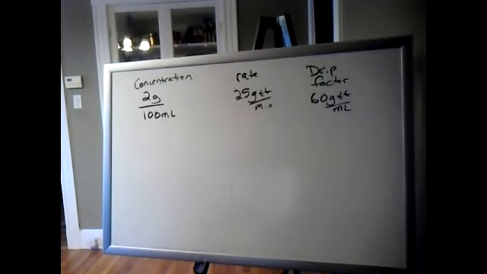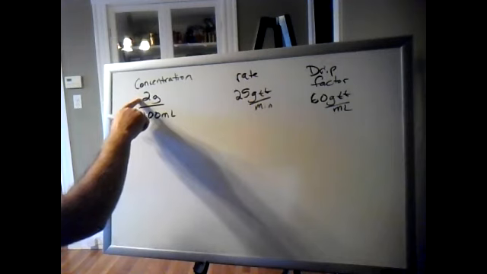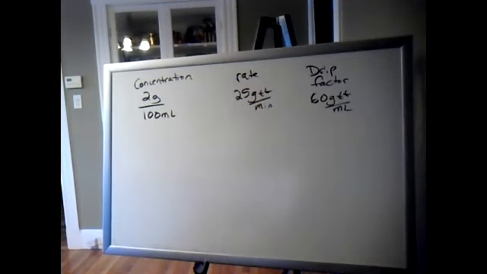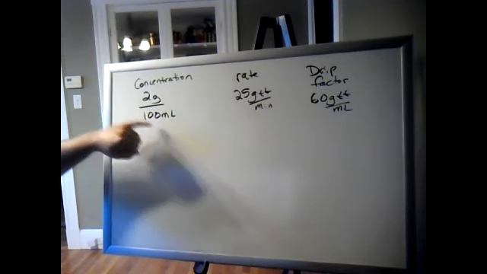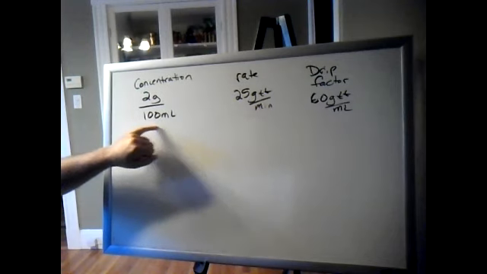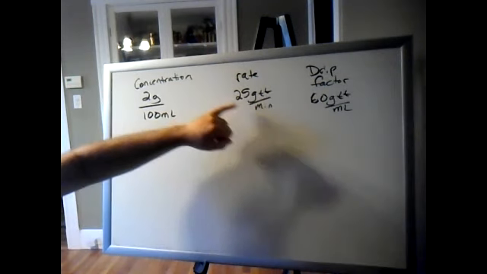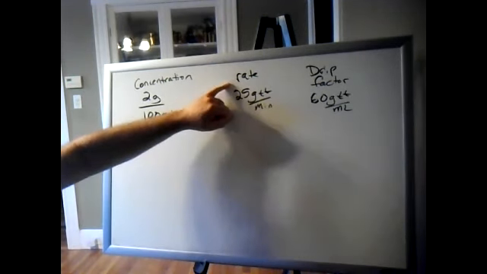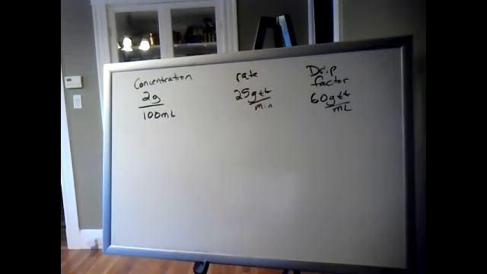In this problem, we're given three different pieces of information. What we're told at the beginning is there are 2 grams of amoxicillin in every 100 milliliters of solution. That is a concentration where we have an amount of medication dissolved into a total amount of solution. The second piece of information said 25 drops per minute. Any volume divided by a time is a rate. And then the last piece is 60 drops per milliliter, which tells us the size of the drop,